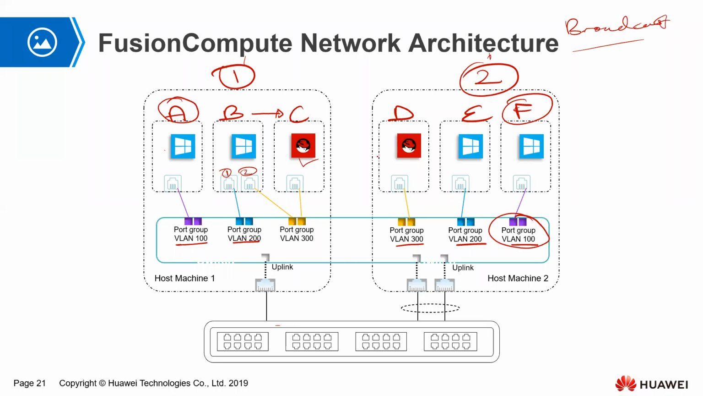Yes. I don't think that A would have to go through a physical device, because the distributed virtual switch does that. And since A and F are in the same port group VLAN 100, then